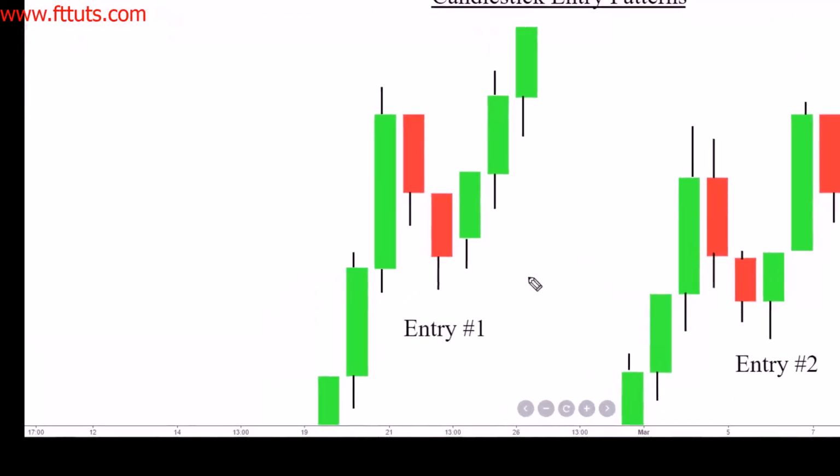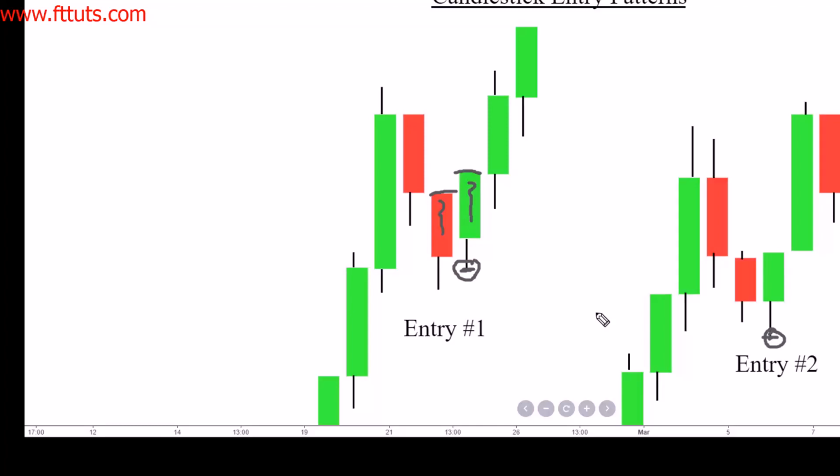So for entry number 1, we have the same thing, right? We have a close above our previous red candle, meaning our green body is larger than our red body. Now, in this case, we don't have, like we do in entry number 2, what if our green candle isn't the swing low? Well, if our green candle is not the swing low, the only way we can take this as a trade,